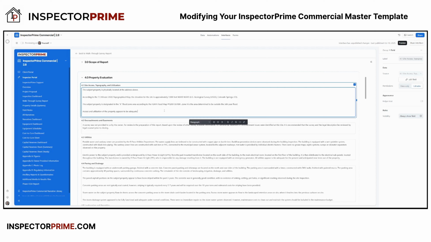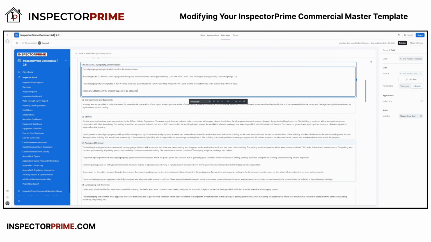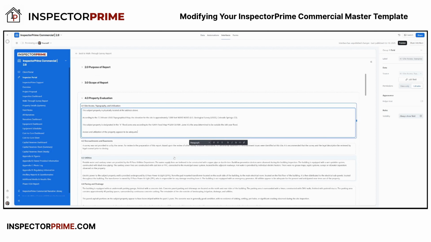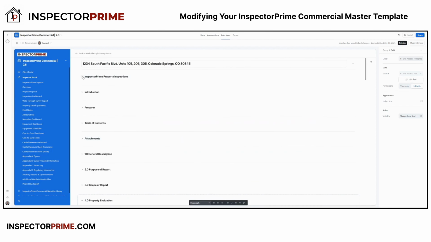Again, InspectorPrime, we couldn't possibly predict the fields or the methods that inspectors want to create within their reporting system. So what we've done is hit a baseline. We have put all these sections in there. And this is an actual sample of a PCA, okay? You can call it ComSop. You can easily rename it,